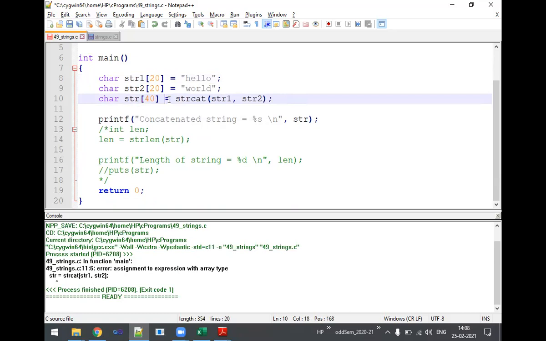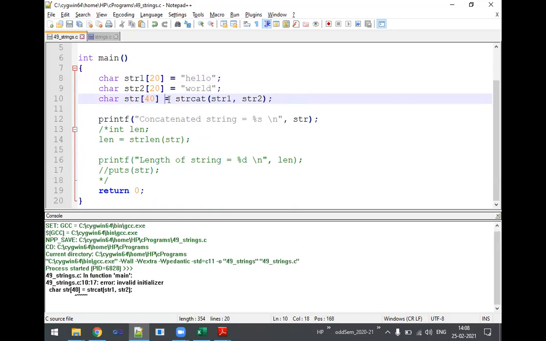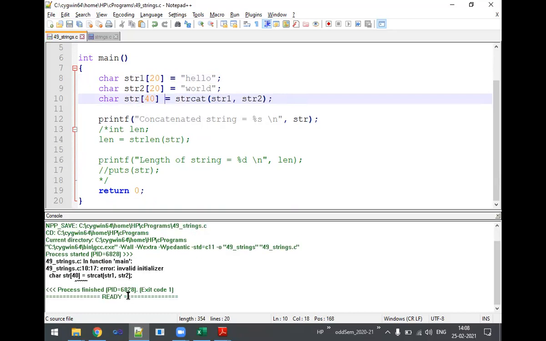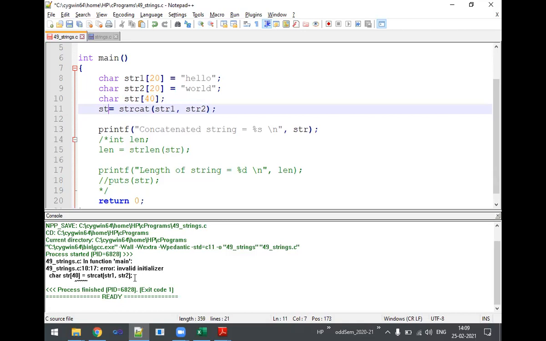Check it out. Invalid initializer. Assignment to an expression with array type.